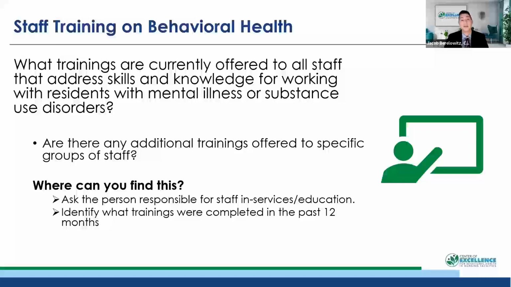And then I would, of course, want to have some more knowledge around the specific kinds of residents that we have. Say we have residents with substance use disorders. What kind of knowledge do the staff have around substance use disorders, around warning signs and symptoms of an overdose, how to respond to an overdose, right? Whatever is relevant for the kinds of residents that we have in the facility. And so where you're going to find this information, you might have used software, or you might use paper, right? Depending on which facility you're in. And you may have somebody who's responsible for all of those staff and services who you can ask to gather that information together.